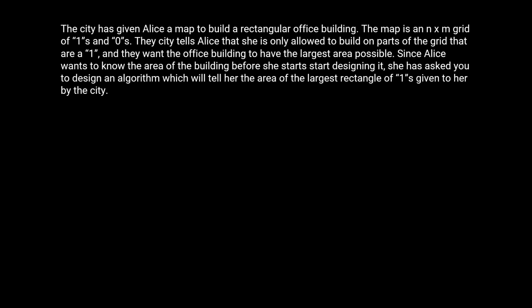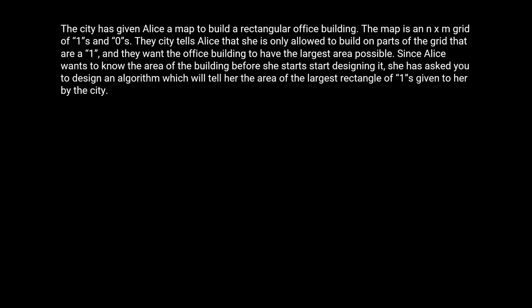The city tells Alice that she's only allowed to build on parts of the grid that are a 1, and they want the office building to have the largest area possible. Since Alice wants to know the area of the building before she starts designing it, she's asked you to design an algorithm which will tell her the area of the largest rectangle of ones from the map given to her